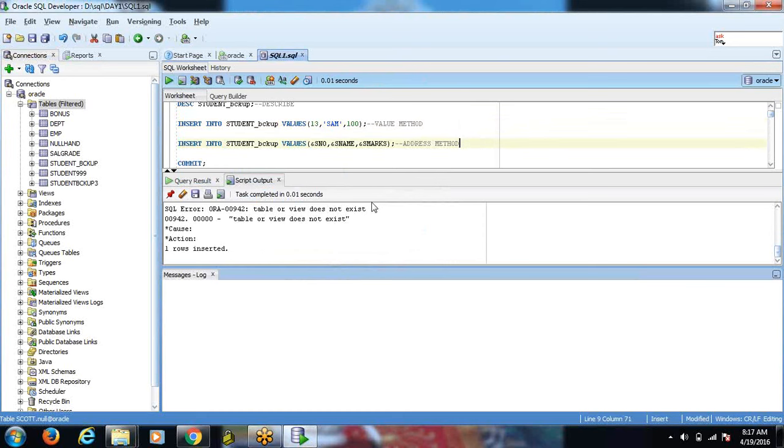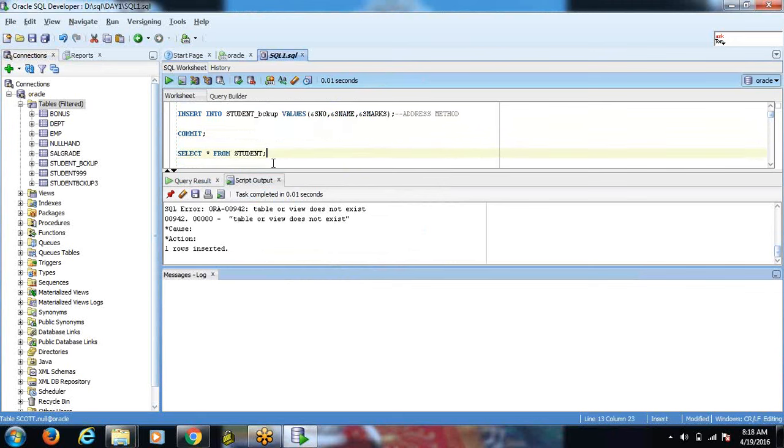Yeah. Okay. And then commit statement for DML, that means data manipulation language. What are the different types of data manipulation language commands? Insert, update, delete, right? This insert, update, delete command needs commit. That means it needs to be committed by the user. Whereas the data definition language commands such as create, alter, drop, truncate, rename are all auto committed. That means they will be auto committed by the system itself.